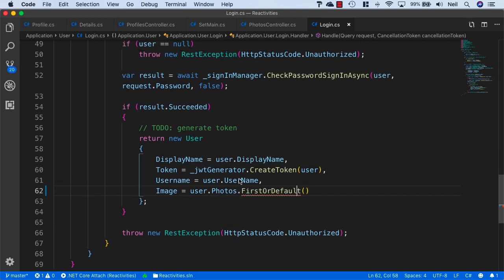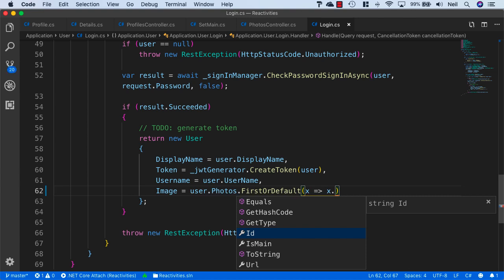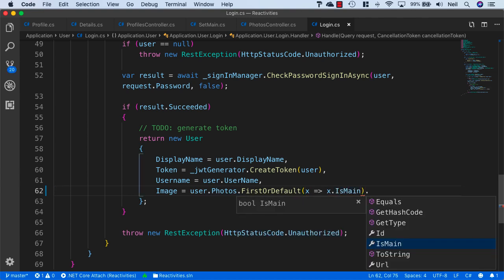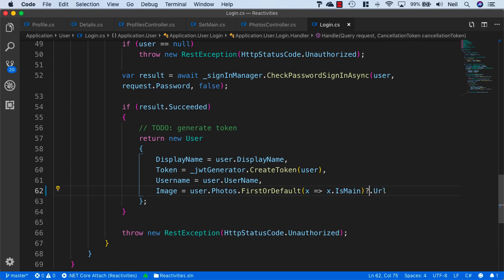and we'll bring in System.Linq, and we'll pick the isMain and then specify the URL. And we'll just add the question mark there because this has the potential to be null. And I'll just copy the expression here and we'll go to our register method